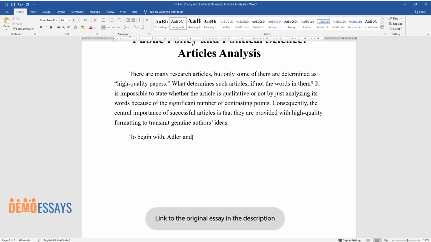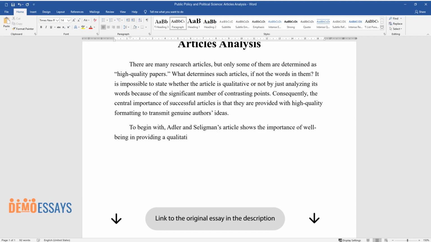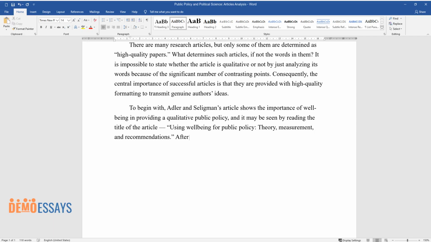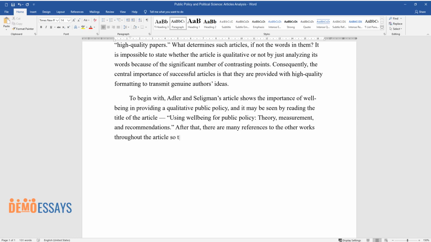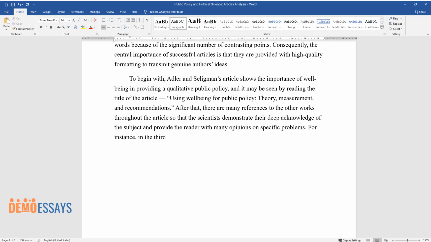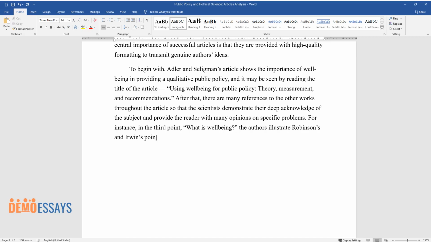To begin with, Adler and Seligman's article shows the importance of well-being in providing a qualitative public policy, and it may be seen by reading the title of the article, Using Well-Being for Public Policy: Theory, Measurement, and Recommendations. After that, there are many references to other works throughout the article so that the scientists demonstrate their deep knowledge of the subject and provide the reader with many opinions on specific problems. For instance, in the third point, What is Well-Being?, the authors illustrate Robinson's and Irwin's points of view firstly on